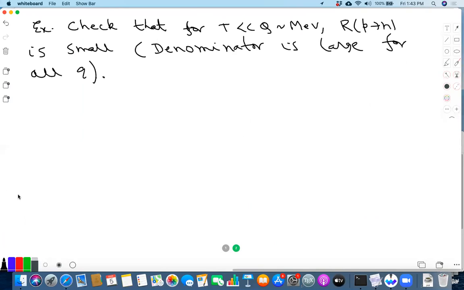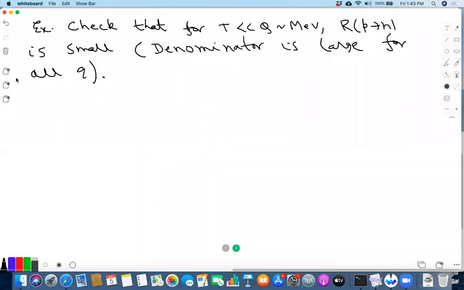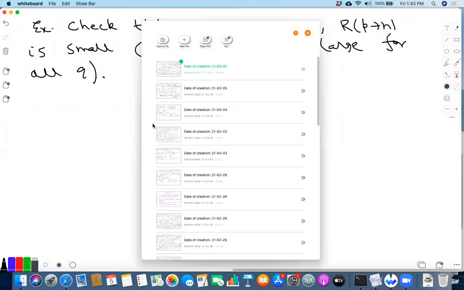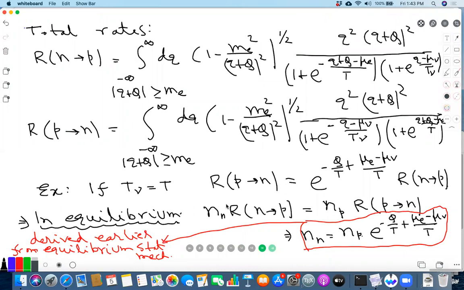Sir, in the last lecture, when you wrote the integral equation for the total rate, you wrote the value of k for both negative and positive. Like we have all kinds of equations in the case of the total rate. Let me just check what you're referring to, because I got confused in this. I have to open that file, I think. This one. Yeah, this one, sir.